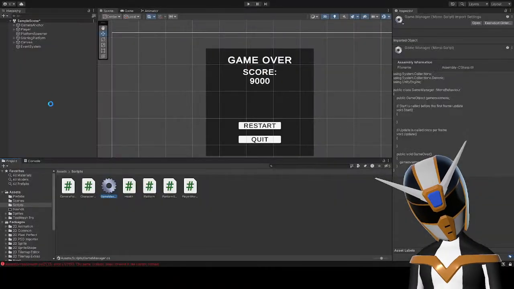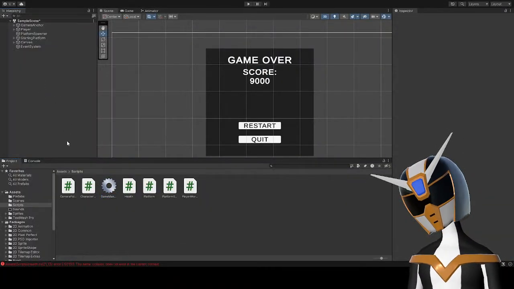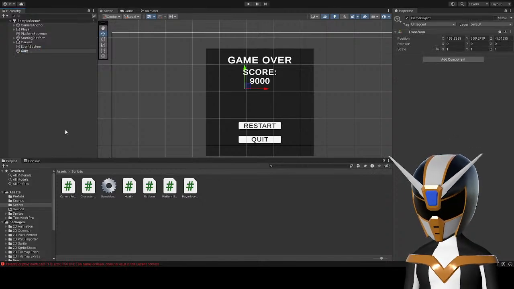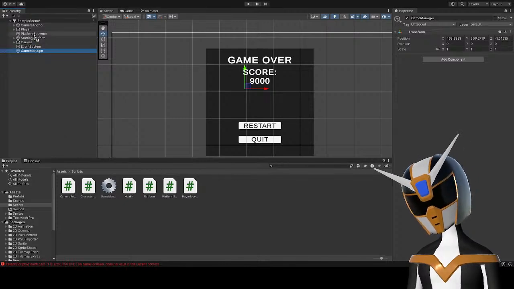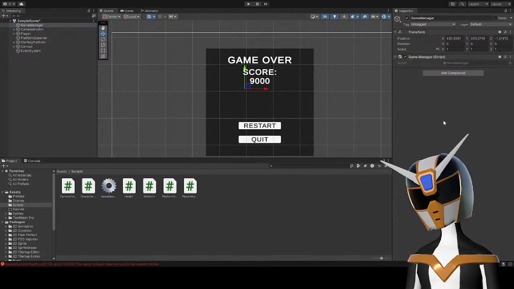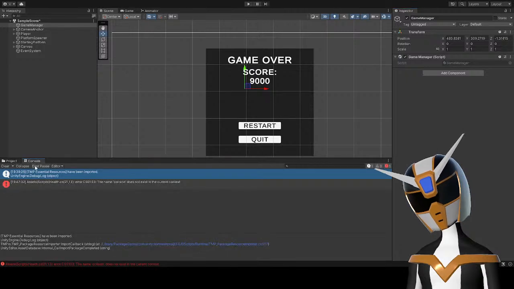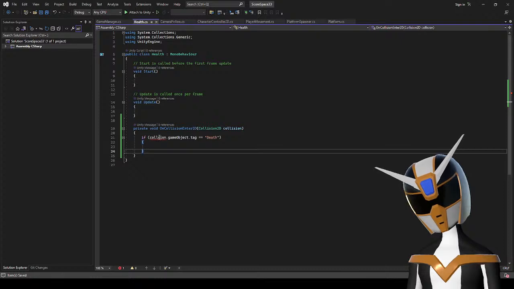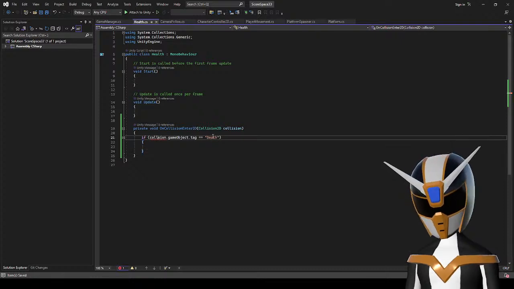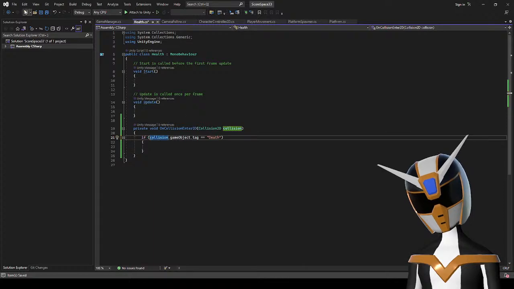So then I need to actually get my game manager into the scene. At the very top, because I like to have it up there. Have the script. Oh wait, do I not have the reference? Oh wait, what's going on? Name collision does not exist in the current context. Oh, I guess I spelled collision wrong. Collision. Okay.